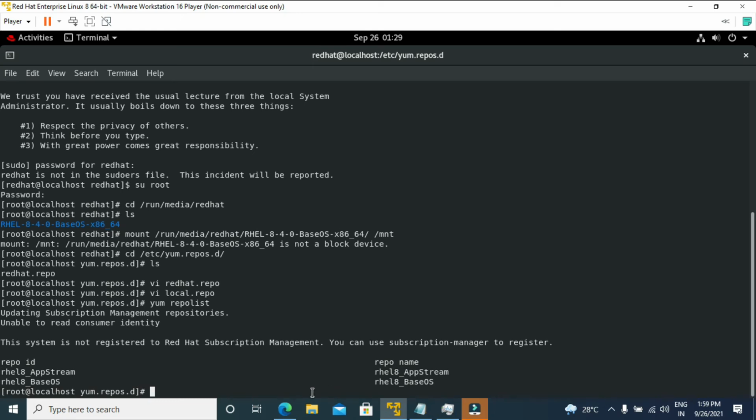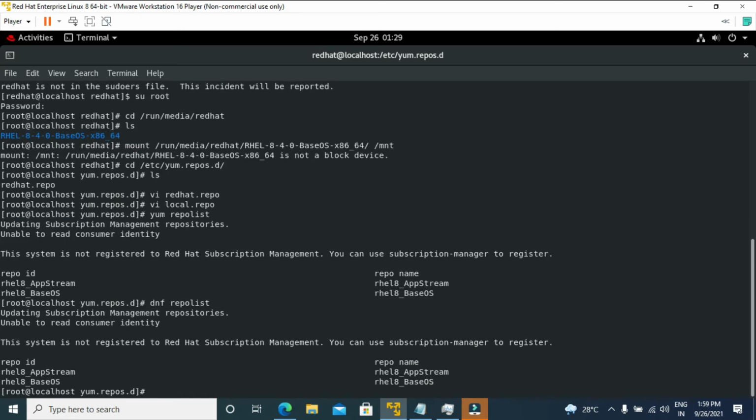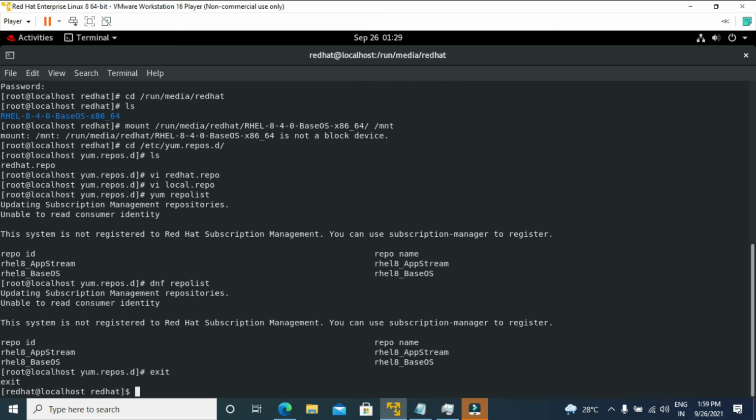So if I type here dnf repolist, here you can see that particular repo is also there. I need to exit from this particular page, and right now I'm in a local user. So I'm trying to install some packages.